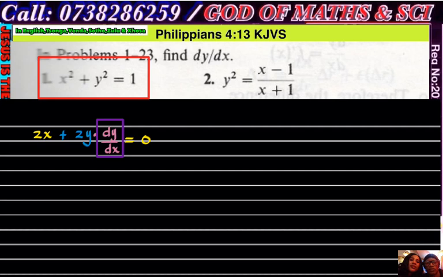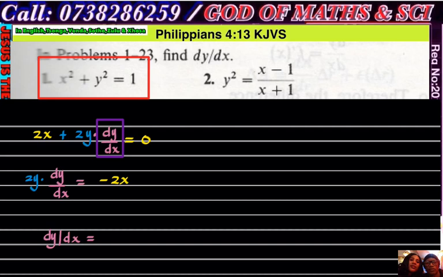So if I were to write it step by step, I've got 2y multiplying the dy, because you must end up with dy over dx. That's what you need to solve for. Equals to, that 2x goes to the other side. You transpose it. It's actually minus 2x. To end up with dy over dx, you must divide by 2y. So that means next step you're going to have dy all over the dx equals